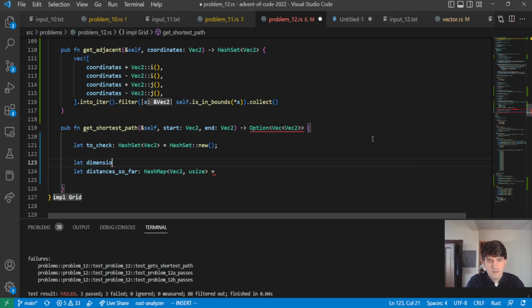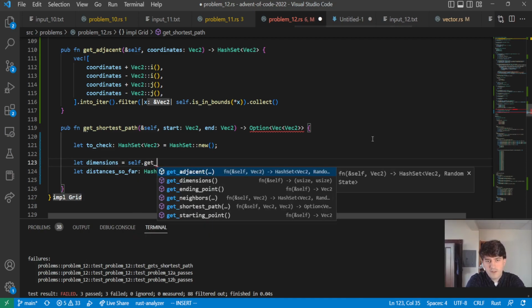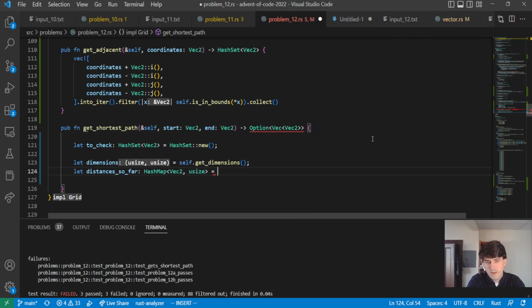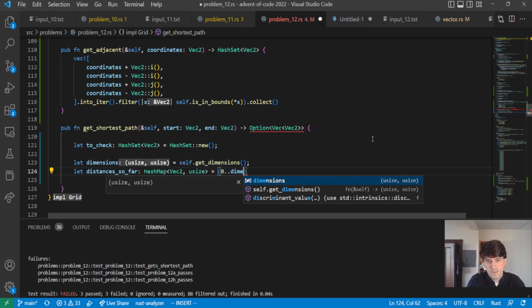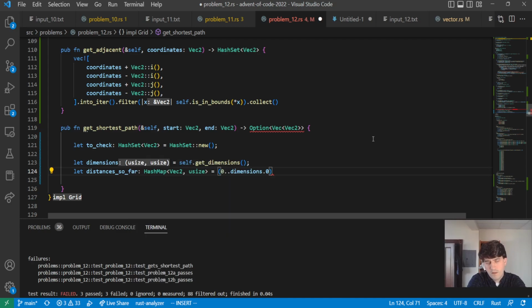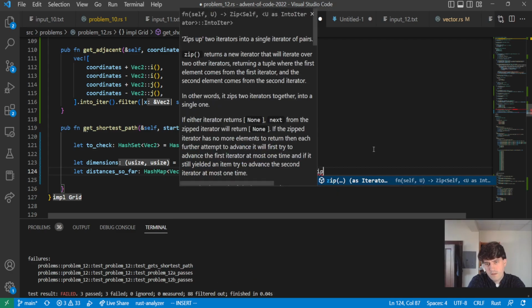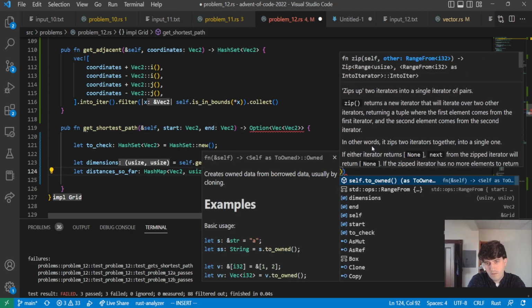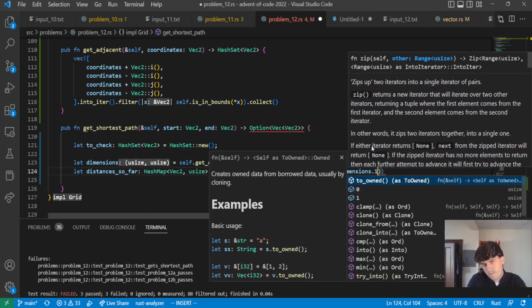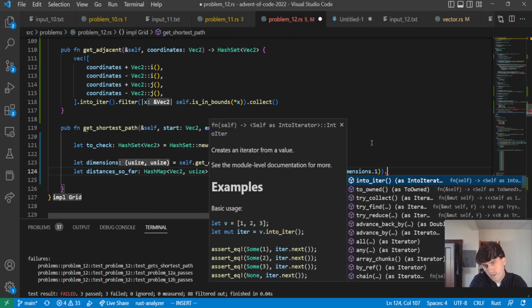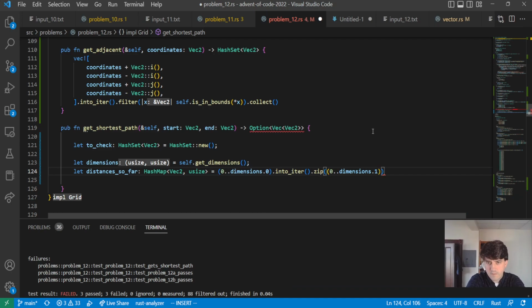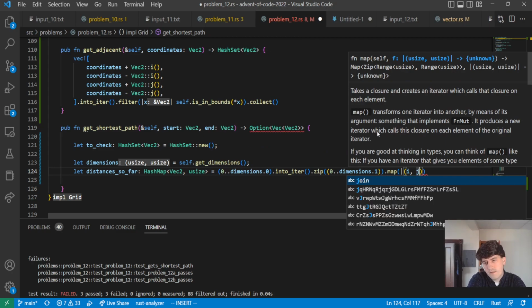So let dimensions be self.getDimensions, and then 0 through dimensions 0, zip that with 0 through dimensions 1 to get us a tuple of our dimensions, and then we will map that as ij,